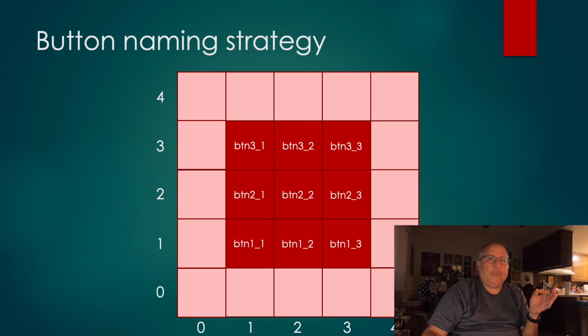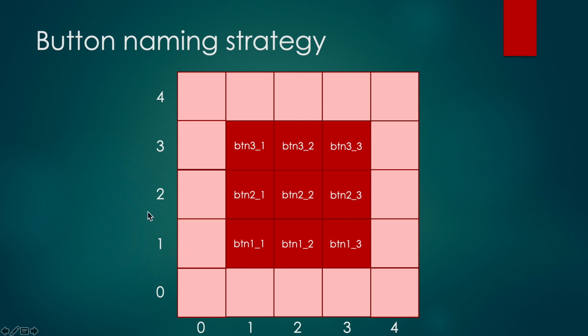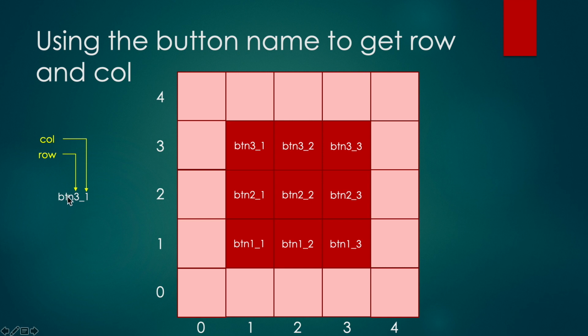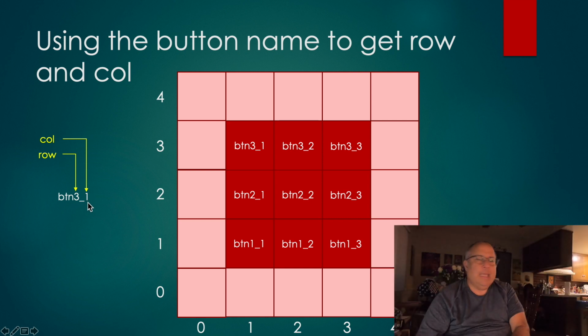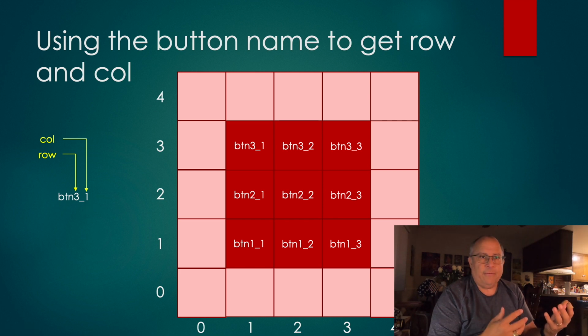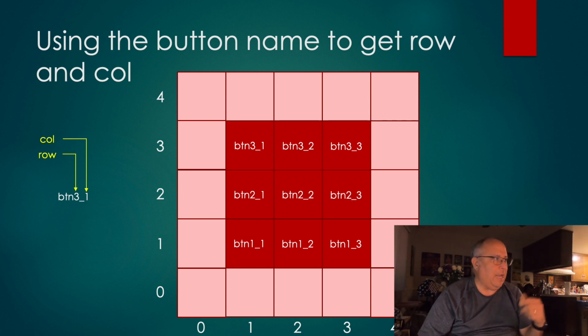All right, so in order to do that, we've got to come up with a naming convention for these various buttons, and that's what we've done here. We'll simply use the coordinates that we've established for all of our rows and columns. The first number represents the row, and the next number represents the column. For example, if I take a look at btn3_1, the first number represents the row, the second number represents the column. This is a very elegant approach for a name because the name itself also indicates the location of that button. Namely, it tells me what row and what column it represents.